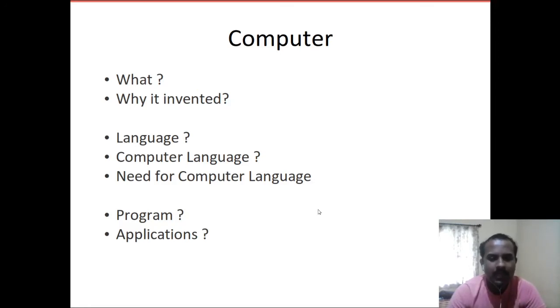Then high level language. High level language is the one which is understood by the user.